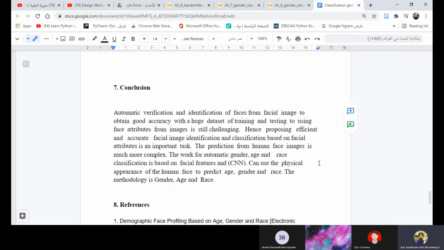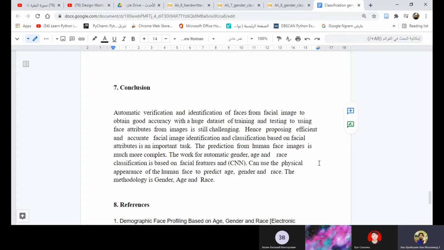The work for automatic gender, age, and race classification is based on facial features and CNN. It can use the physical appearance of the human face to predict age, gender, and race.